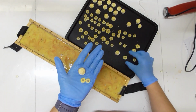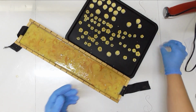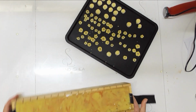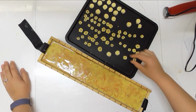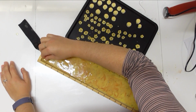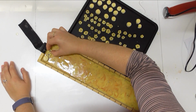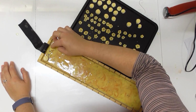Now what I am going to do, because I think it's going to be much easier, is actually take off my gloves to do this. I just find that the wrinkles on the gloves just get completely in the way while trying to do it. I'm also going to turn this around because this end's got my sample piece on it. I am just going to pop a little beehive on, and then we're just going to pick up a selection of little flowers to go on it, and hopefully the little flowers will kind of almost look a bit like some